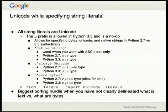We now obviously have multiple ways for you to specify Unicode as string literals. In Python 3.3, we actually added back in support for the U prefix. Yeah. No, you can clap. We did this to make it easier to port code mainly. So the idea is if you already have Python code in 2.6, 2.7, or whatever, what you can do is prefix all your strings with U and then all your byte strings with B. And now once you've got that all straightened out, it can also run right through to Python 3.3 and the